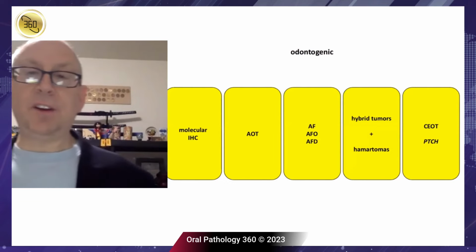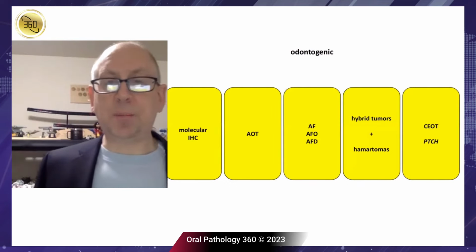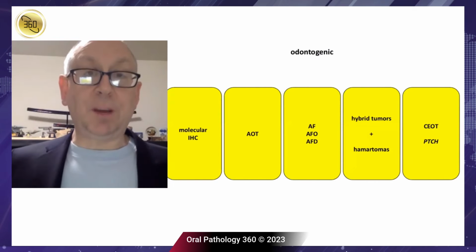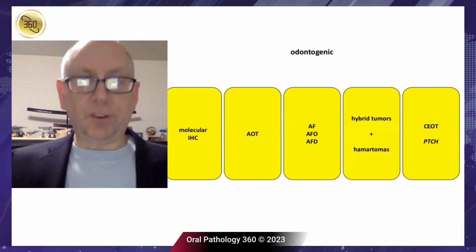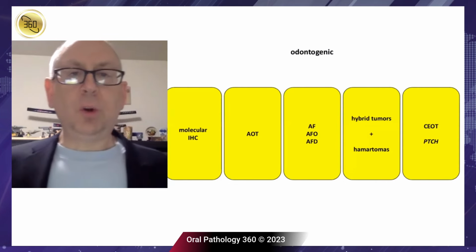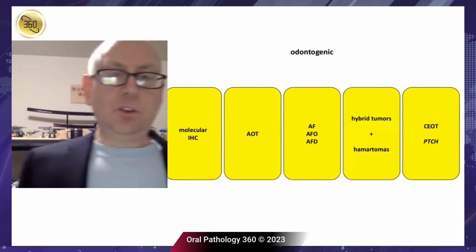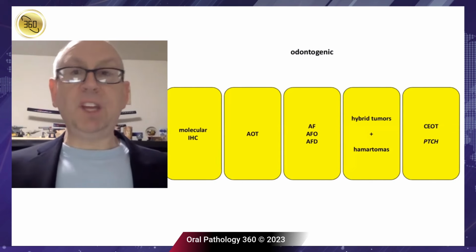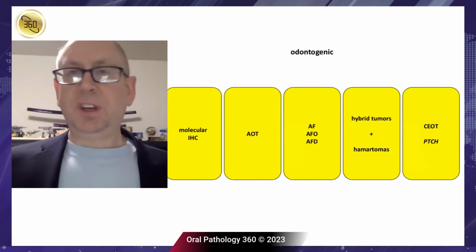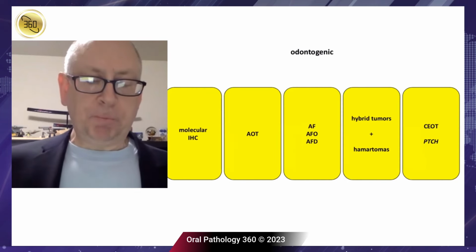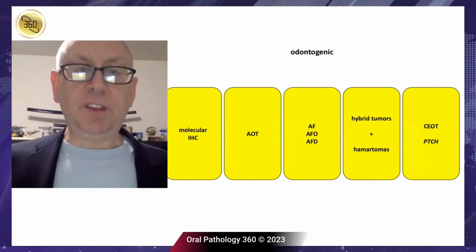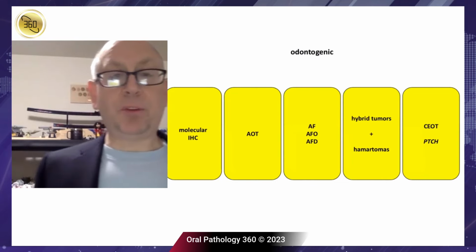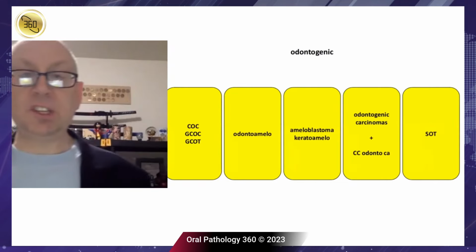And then there's the kind of the areas that we all like. These are kind of my favorite tumors, right? The odontogenic stuff. This is from where my training comes. I'm a dentist, like a lot of us are in the dental field. So we see all these tumors that are either mesenchymal or epithelial or combinations, and some of them have mixed characteristics with odontomas in them. And then you get these calcifying tumors like Pindborg tumors. Some of them we're finding out have molecular and genetic changes to them.